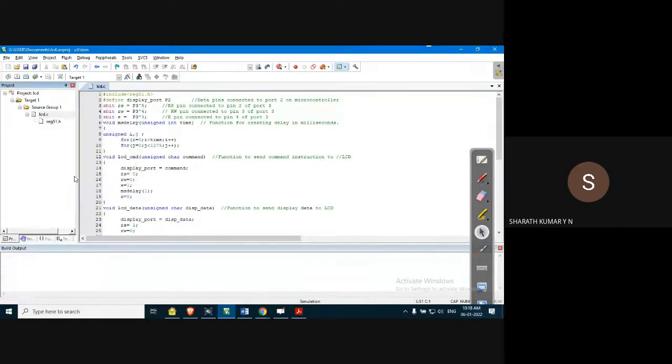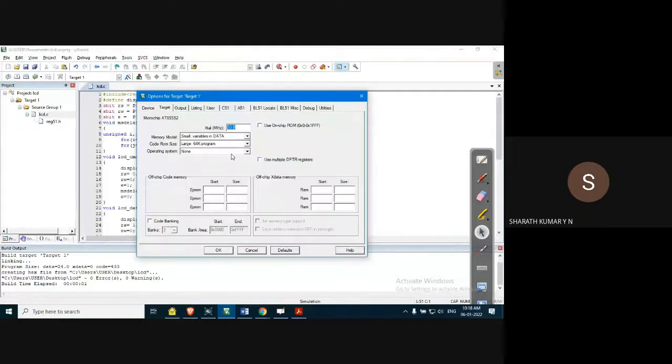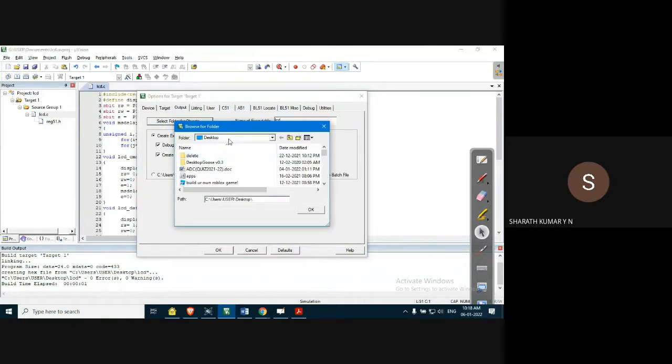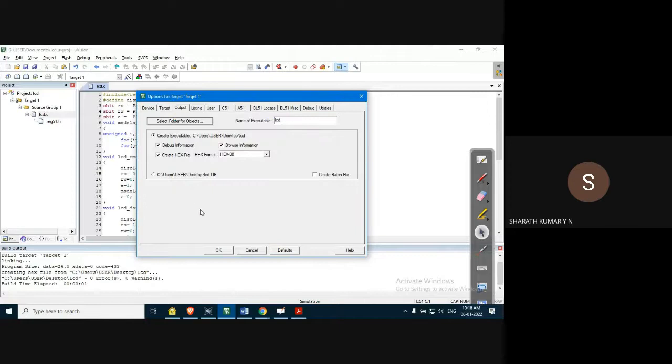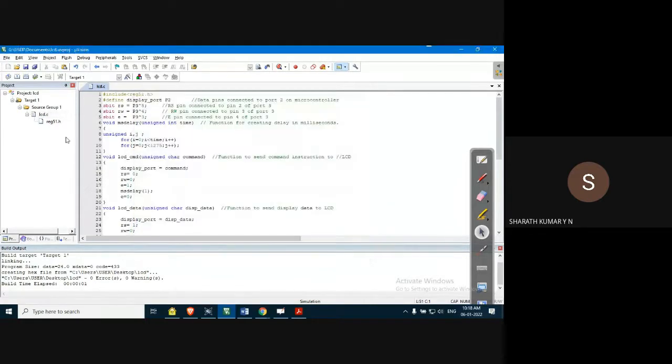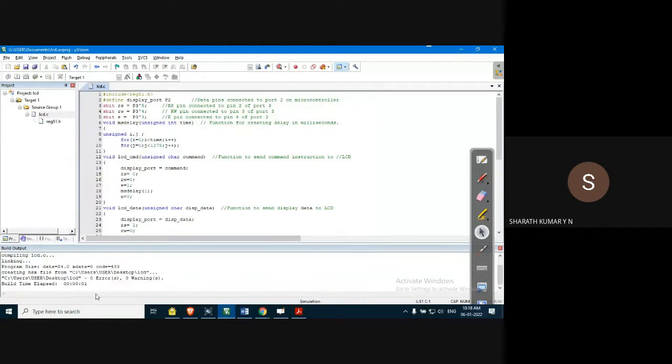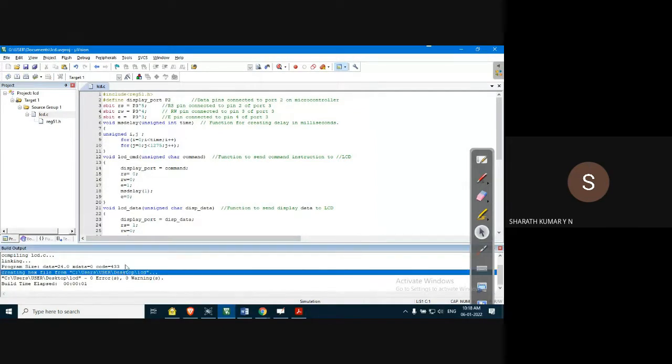How do we do that? Check for syntax errors. Go to options for target, go to output, and make sure that the create hex file option is enabled. Select the target location, which I have already selected as desktop, so that I can quickly trace the file. Click OK. Next, right click, rebuild target, just to make sure that it will generate the hex file, and the hex file is now loaded on the desktop in my case.